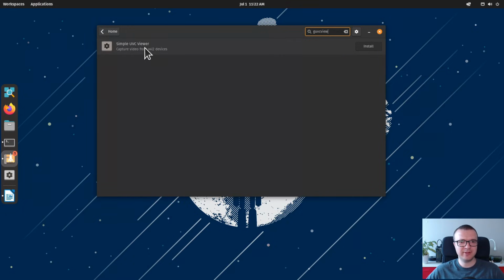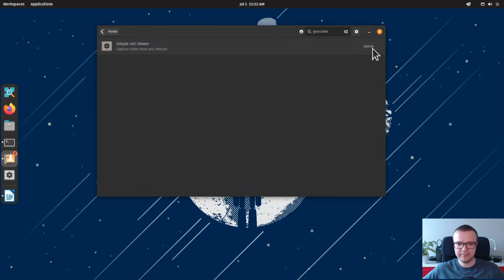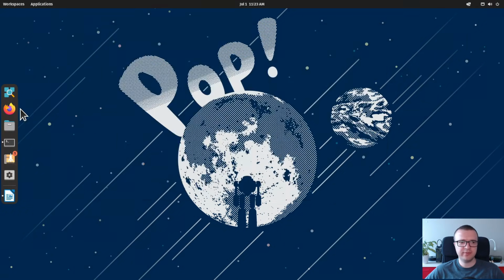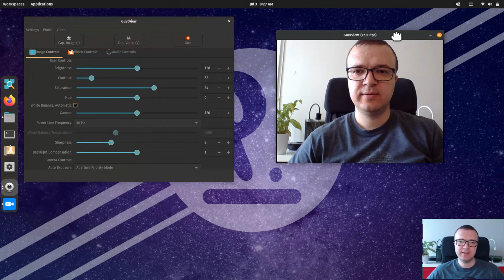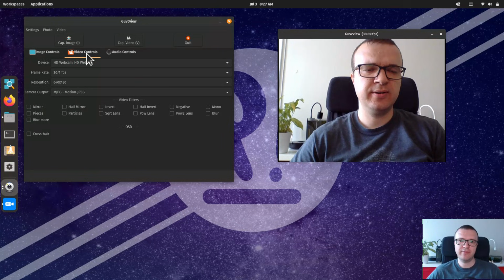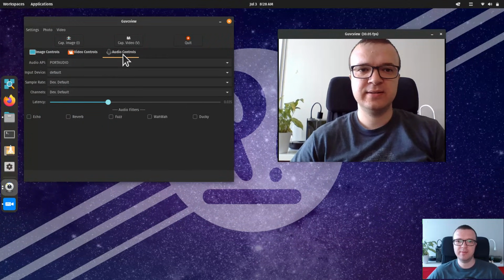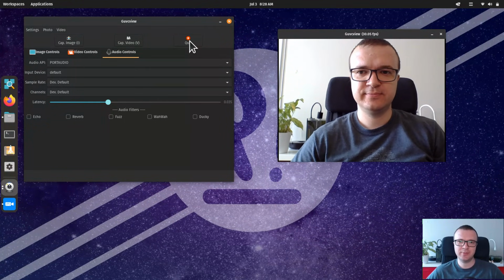Yeah, the name is a little bit complicated. Install it. And after the installation, open it from the menu, and you will be able to test if your camera works. And you can also use this app for various things such as recording video, taking pictures, and many more things. Check it out, it's a fantastic app, although it looks a little bit outdated.